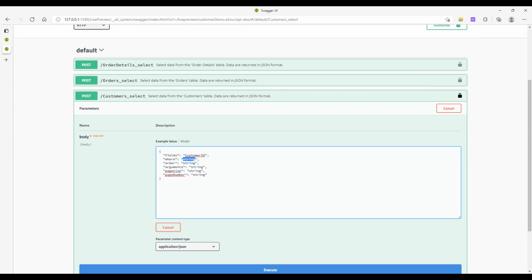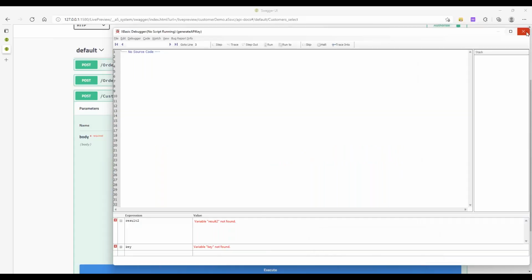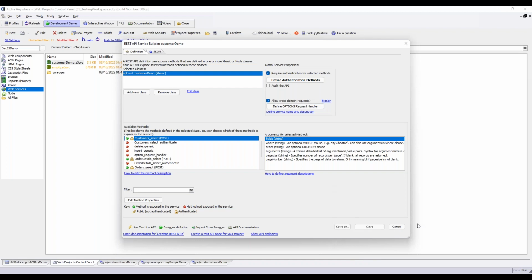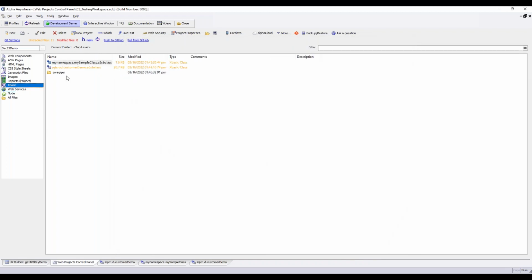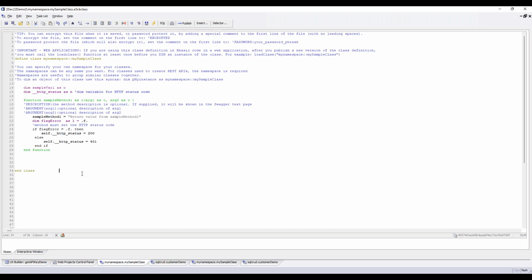Let's go back. I'll kill this. So in your XBasic class that implements the service, you would define an authentication function, and it has to be inside this end class thing. Function myauth as C, key is C, key equals, I think we defaulted to nothing in case somebody calls it, right? And then end function. And this needs to return whether or not you're authorized. We'll just return 200